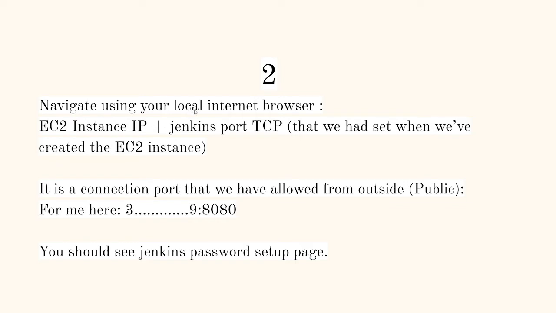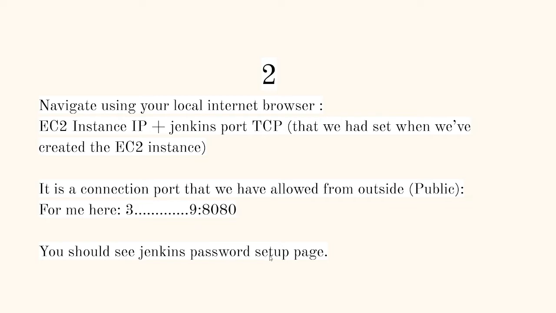That's the one, and you're gonna add the port. You remember when we set the port 8080 to be able to interact with Jenkins? So that's how you're gonna do. So EC2 instance plus the Jenkins port. It's a connection port that we have allowed from outside. So from the public, it's a public